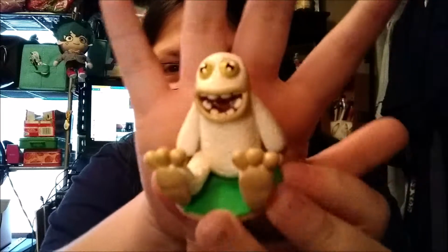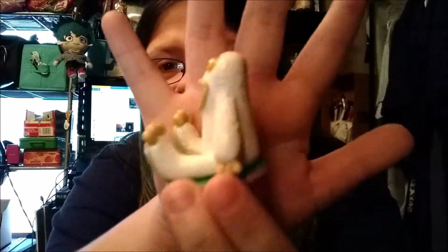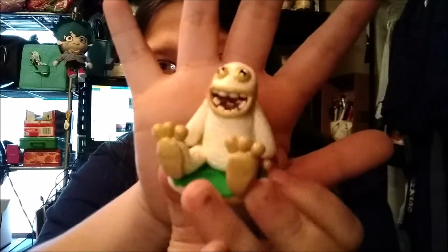Today we will be making Mammoth from My Singing Monsters game. I had never heard of the game or any of the characters before I went in to make this, but I was really surprised by how cute he was, and some of the other characters were really cute too. A lot of my friends actually play the game and know a lot about it, and I was like, oh, that's interesting. So I might actually have to give it a try after this, because this is just the cutest little thing